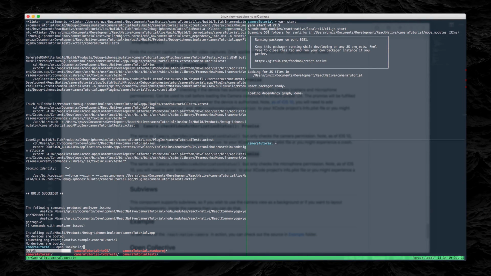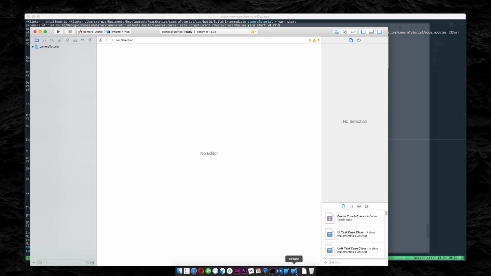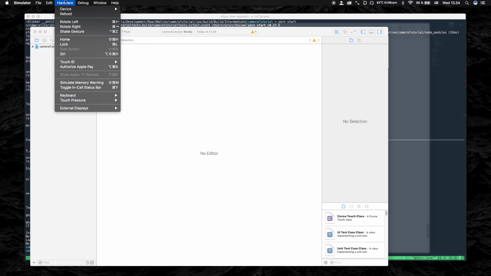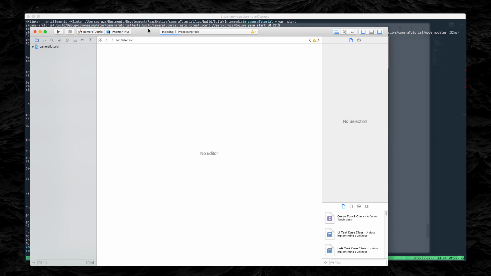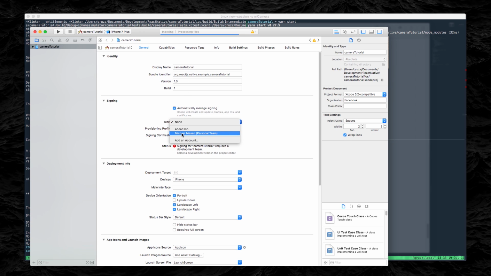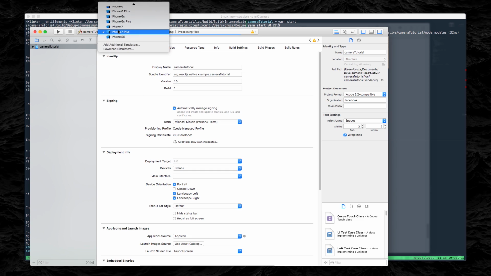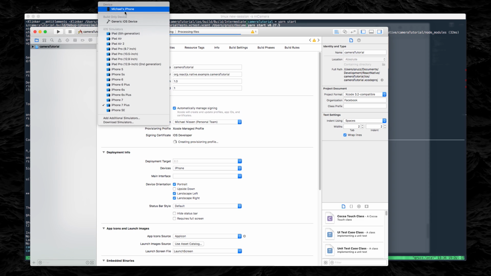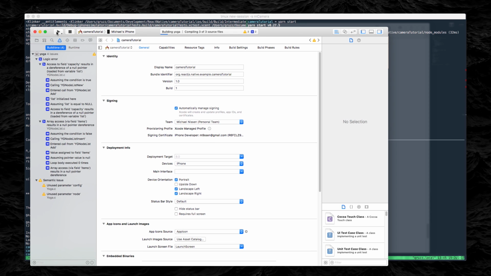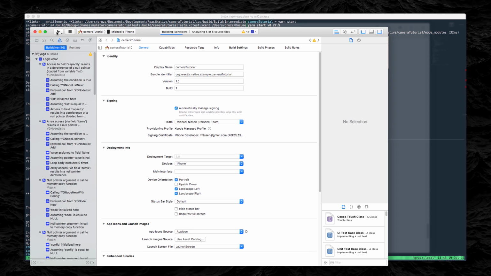So let's go ahead and open the Xcode project. Waiting for it to index all the files. I'll select a team so I can actually build it onto my phone. And there we go. So now we're actually building it onto the physical phone so we can get access to the camera, because the iOS simulator does not have a virtual camera. So to see that it actually works, you'd have to build it to an actual physical device. So now that this is done,